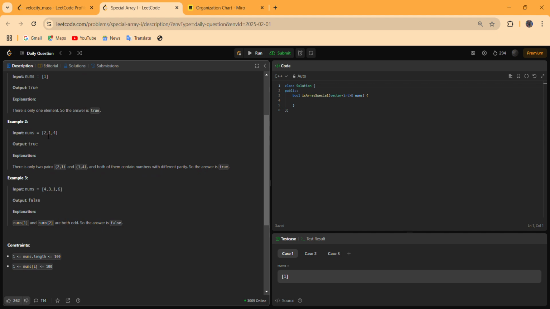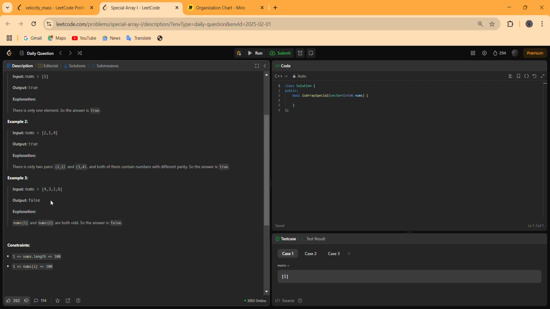One possible pair is 2, 1, and the other is 1, 4. The pair 2, 1 is special because 2 is even and 1 is odd, and the other pair 1, 4 is also special because 1 is odd and the other is even. So we have to return true in that condition.